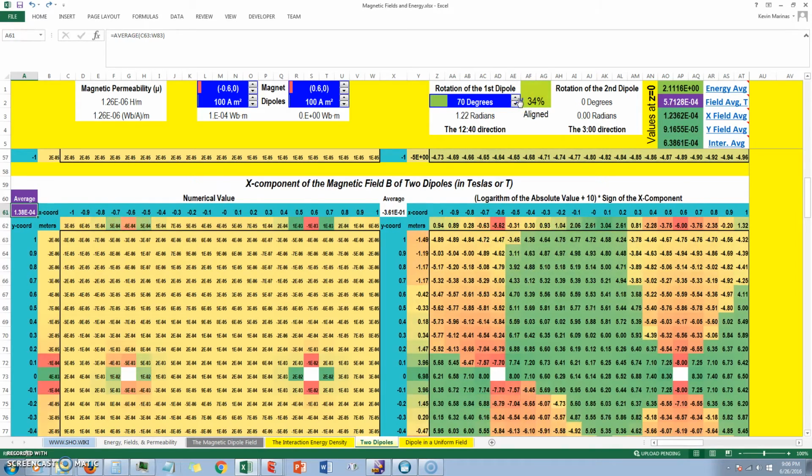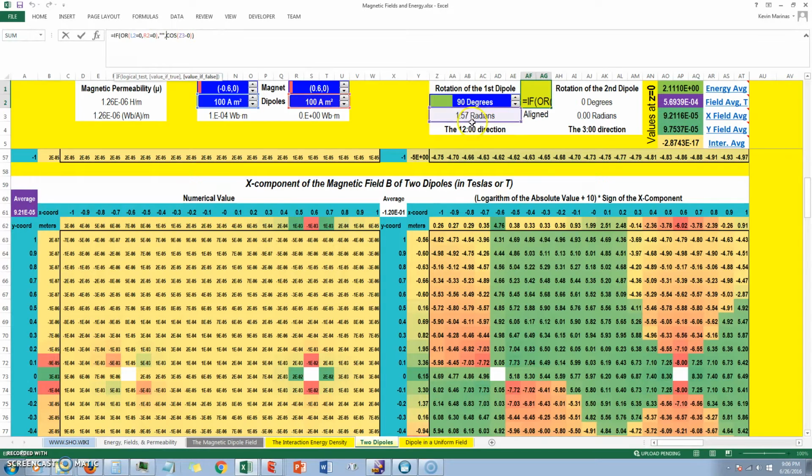I might have derailed myself a bit, but here's a condition where the first dipole is rotated at 90 degrees, and it's 0% aligned with the second dipole. And what does that mean? You're basically taking the cosine of the difference between the angles of the first dipole and the second. So what happened? Well, I